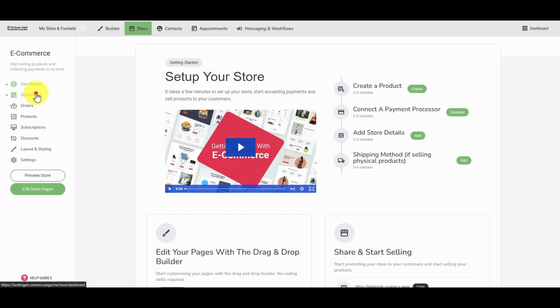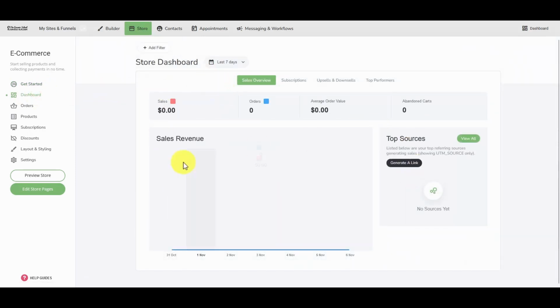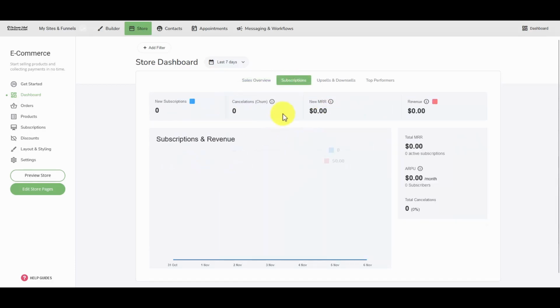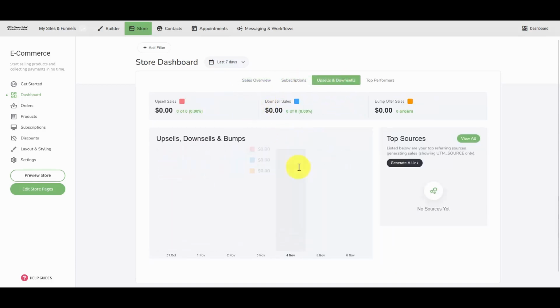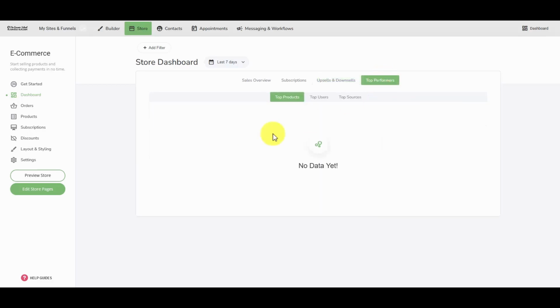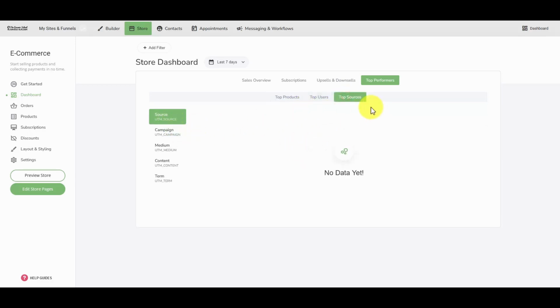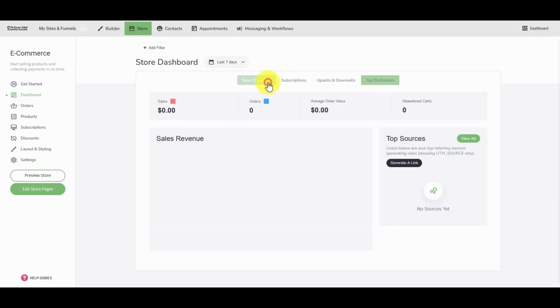So your dashboard is where you see all your sales revenue, any subscriptions that you've got going, any upsells and downsells that you've been making through your funnels or through your checkouts, and your top performing products that you've been selling as well, including the users that have spent the most, and also your top sources, so where your sales are coming from, for example, Instagram, Pinterest, YouTube, wherever. So you've got your dashboard there with the really nice overview of how you're getting on with your store, and